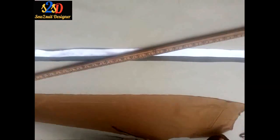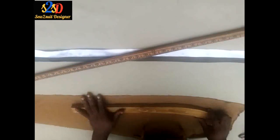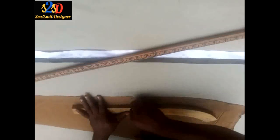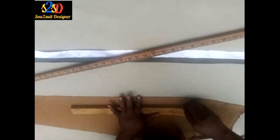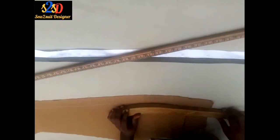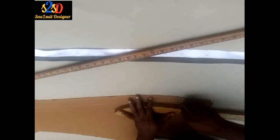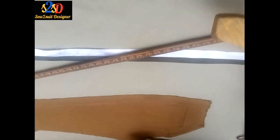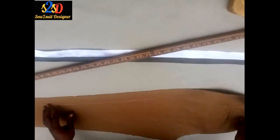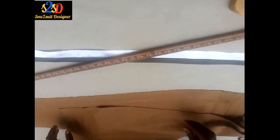So I will get my French curve for this area. My French curve will do the work of the curve of this place. I will join. I will turn this way. So I'm done with the joining, and in the same way I will also mark on the opposite side, because